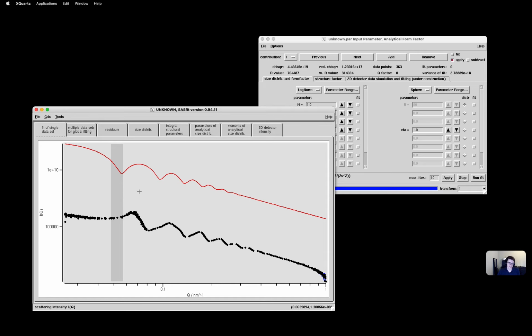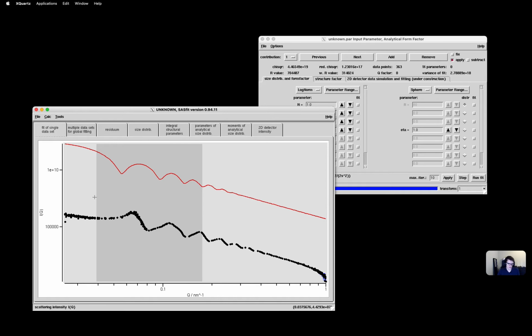To do this, it's always best to select a part of the curve and not the full curve, because at the beginning and the end of the curve you have often large error bars which make the fit unstable there. So it's best to select the middle part for fitting step by step. So in this case I would perhaps select this area.